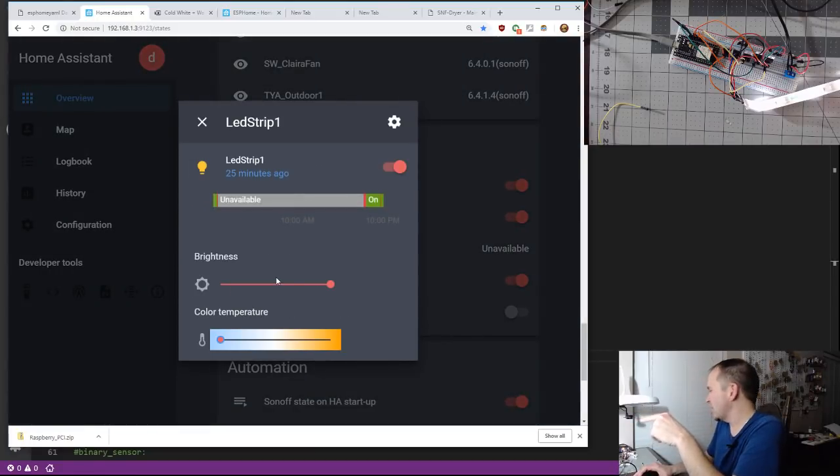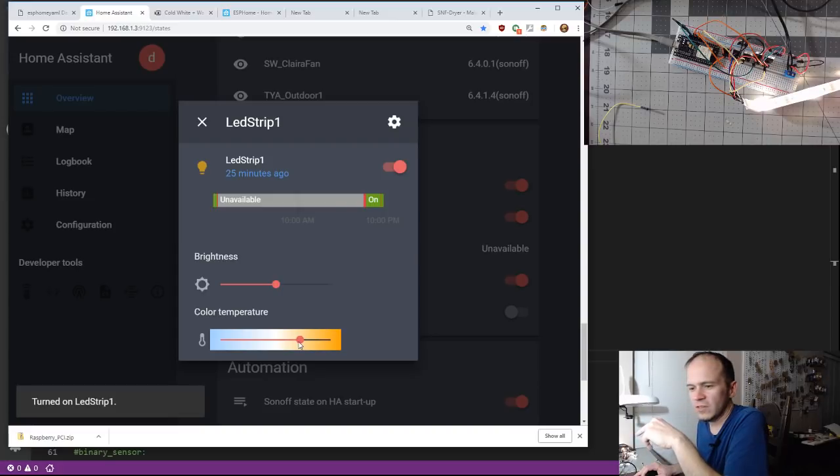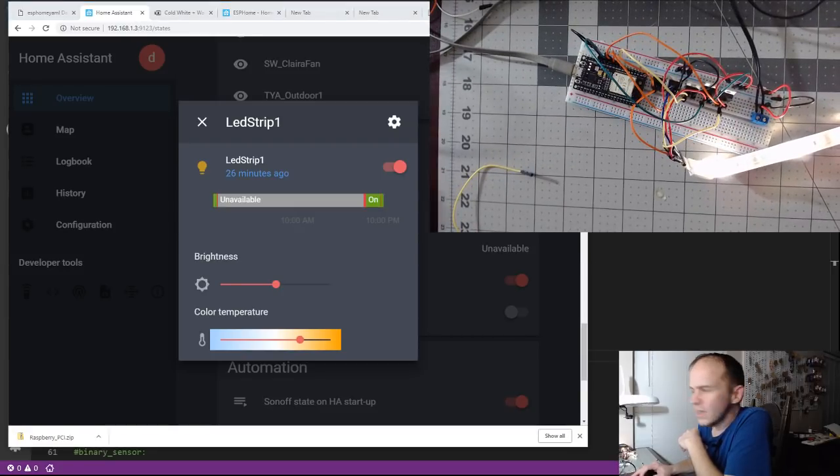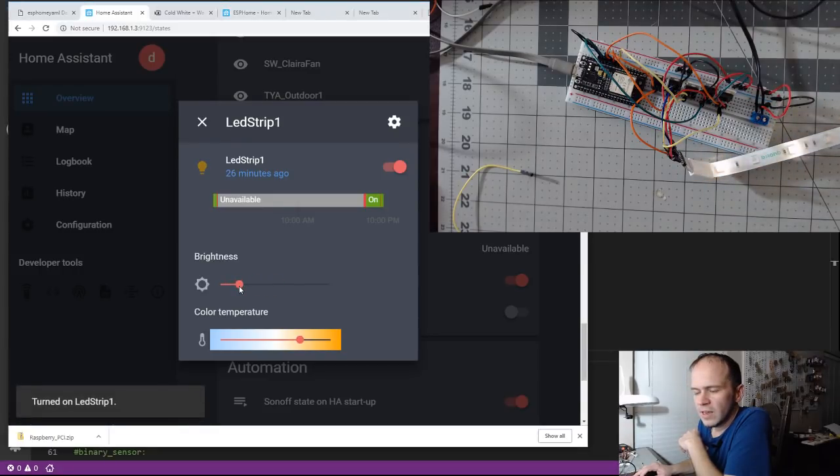So this is what I like. I like just no color, just the brightness, and you can change it. Let me make this little window a little bigger so y'all can see. Let's turn the brightness way down on the strip.